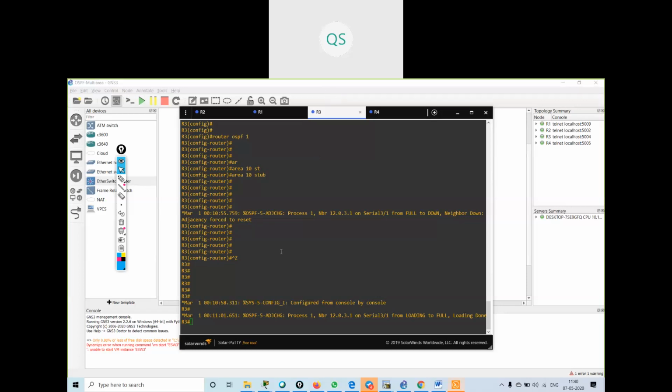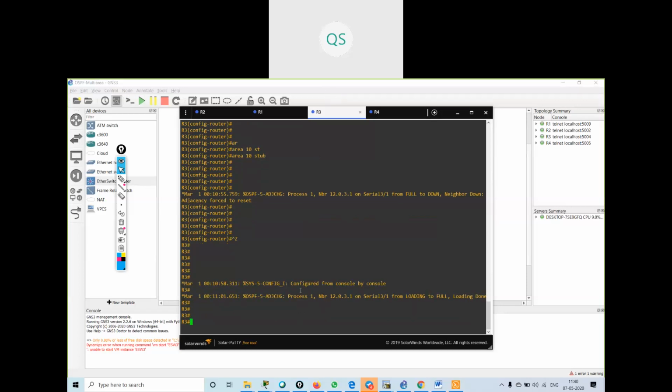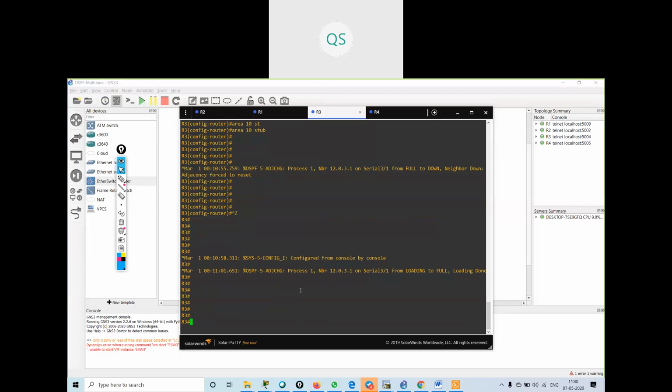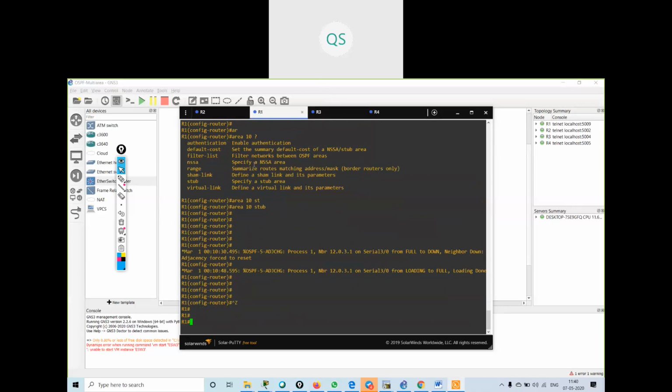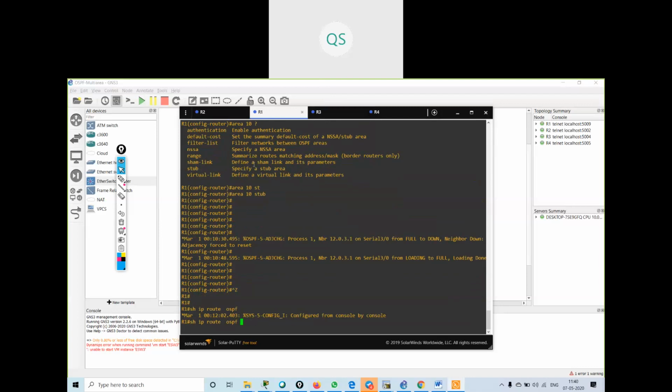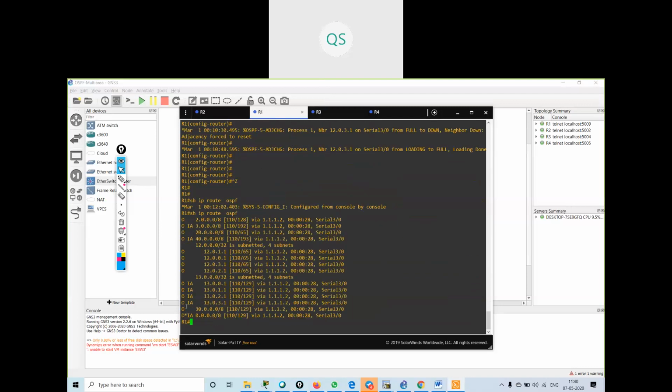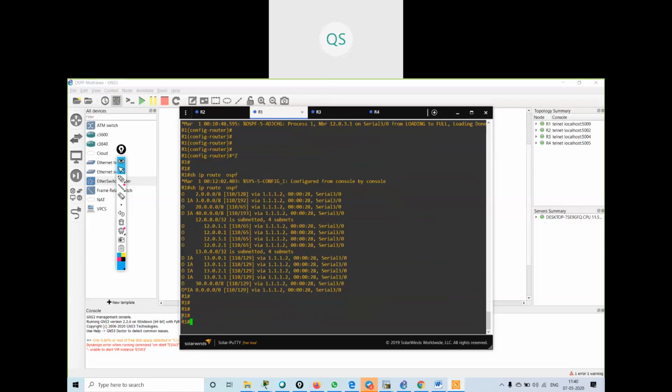Okay, now my adjacency is up. If I go and verify on R1 with show IP route OSPF, see, I'm not getting my E1, E2 routes. Rather, I'm getting one external default route.